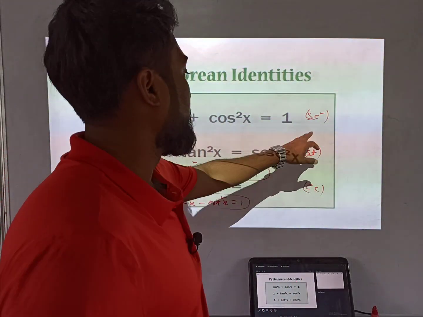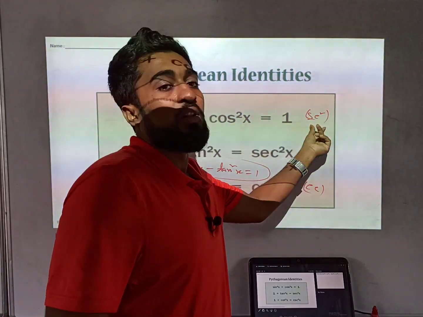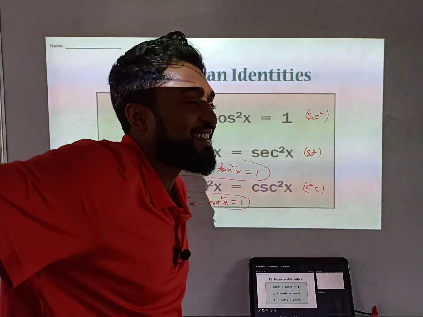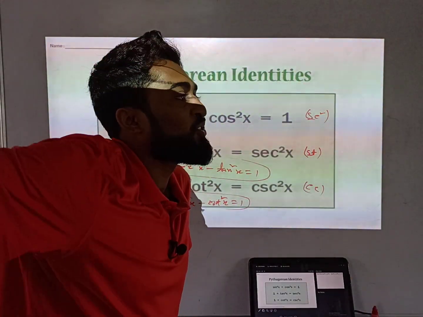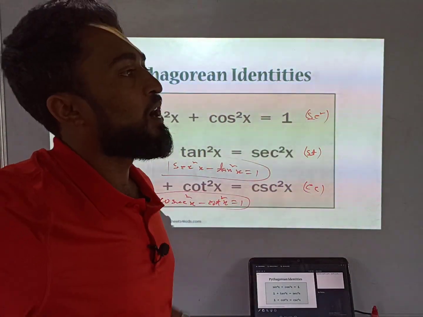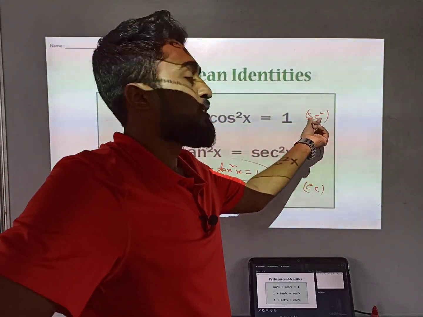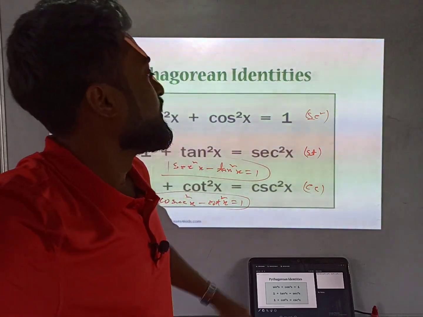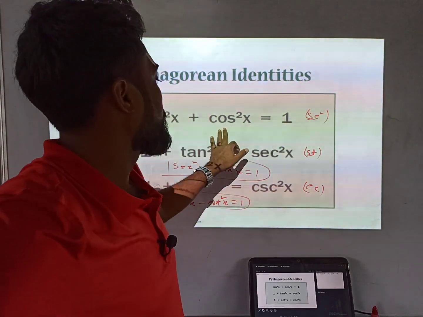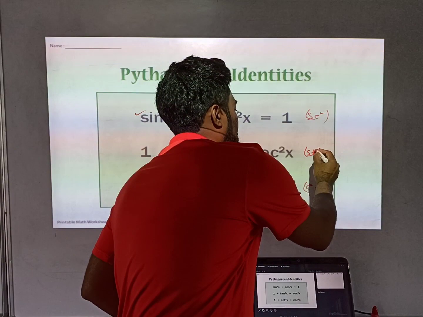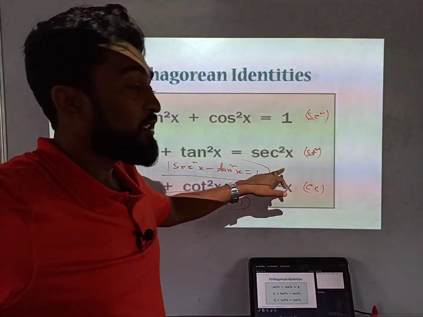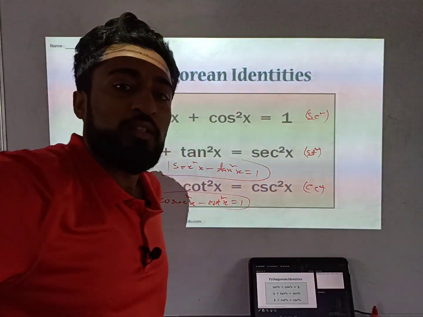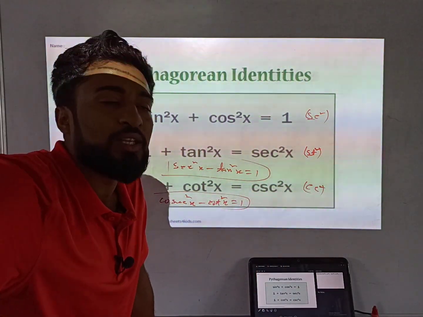Like this, I am just using all these short forms because they are very popular terms in our day-to-day life, so that you can remember very easily. So the first one, SC, that is sin square plus cos square. ST, that is sec square minus tan square, that is again 1, and CC, that is cosec square minus cot square, that is also 1. So SC, ST, CC, these three identities.